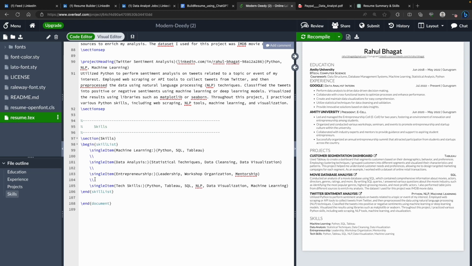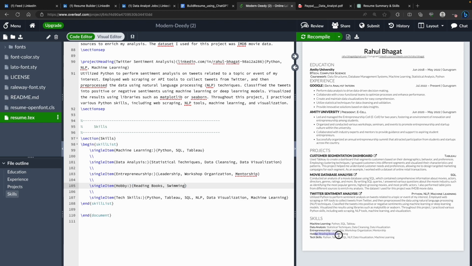And let's say you want to add something, all you have to do is copy this particular part. Let's say apart from entrepreneurship, you also want to add some soft skills. So I'll call it hobby, and within hobby maybe you may mention reading books, swimming, whatever comes to your mind. And I'll recompile, and now you will see an additional line added over here as hobby. So the LaTeX document preparation language is very intuitive,